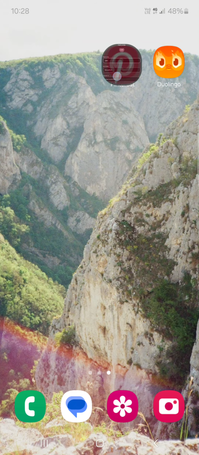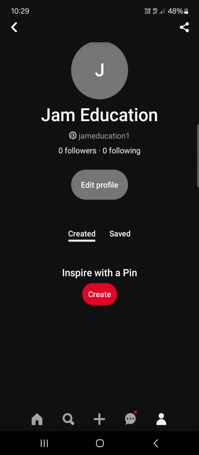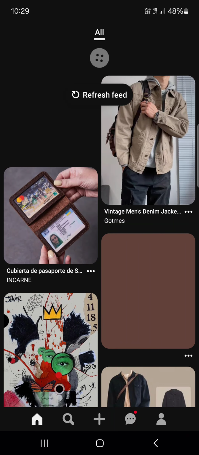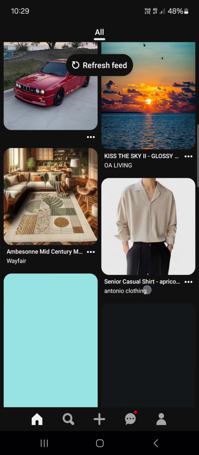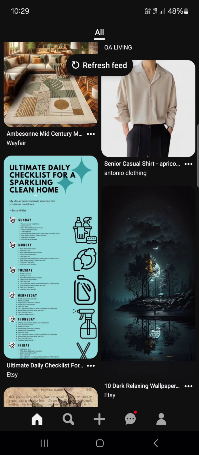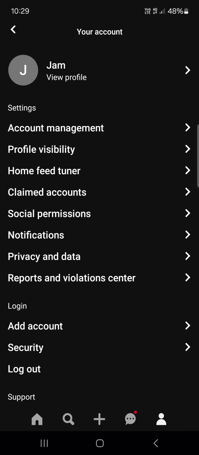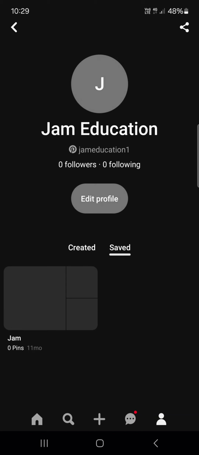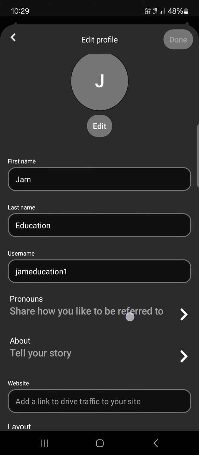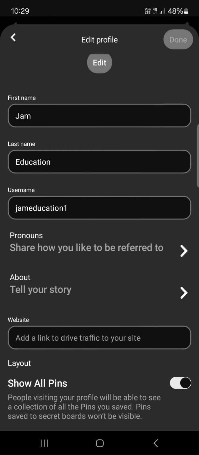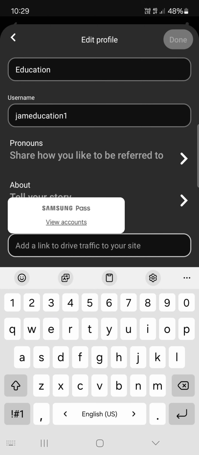First we have to open up the app, and here it opens up in the home menu where we have some pictures. From here we just go into the profile menu in the bottom right corner, then tap on our profile icon, and then tap on edit profile, and here if we scroll down, here we find the website, and here we can enter the link